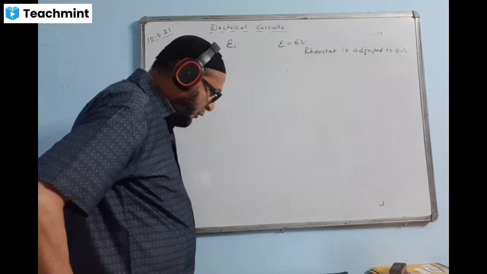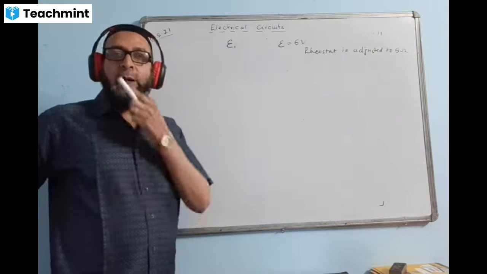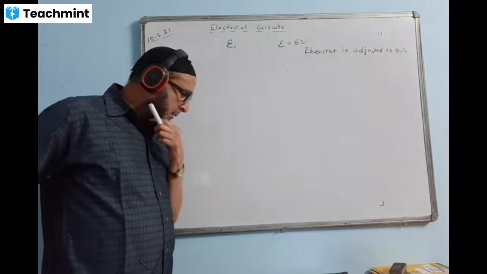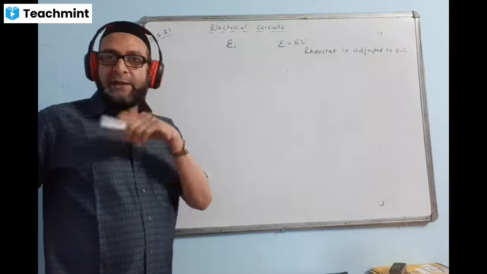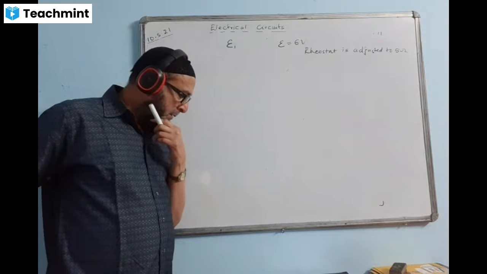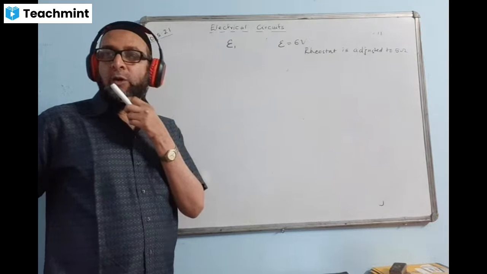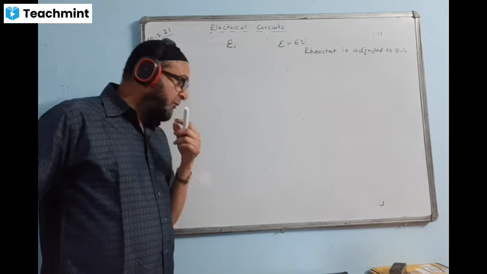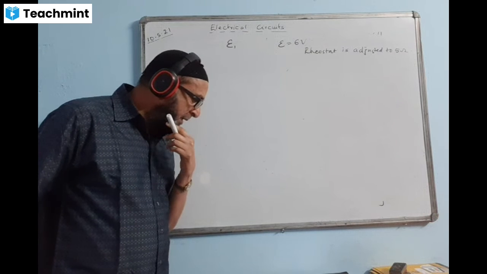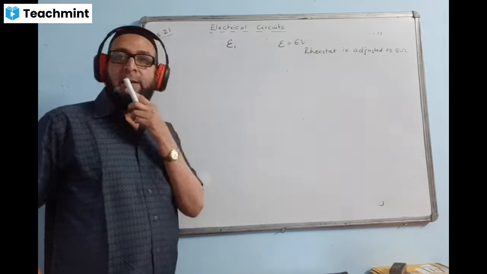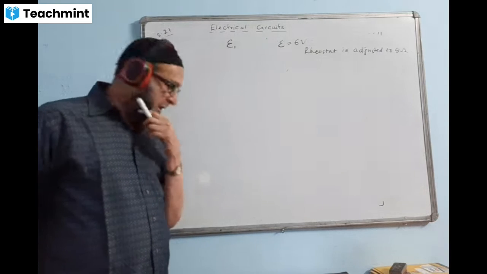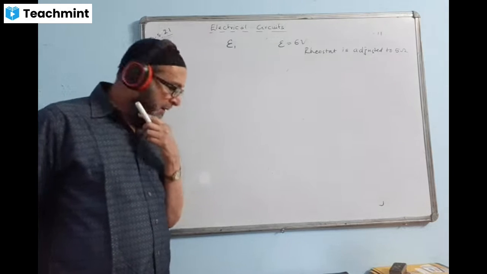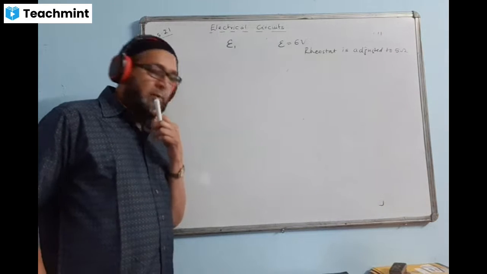If the null point is obtained at the point C, with AC equal to 7, adjusted at a point C, RH is adjusted to 5 ohm. After that you write, if the null point is obtained at C, with AC equal to 75 centimeter, what is the EMF